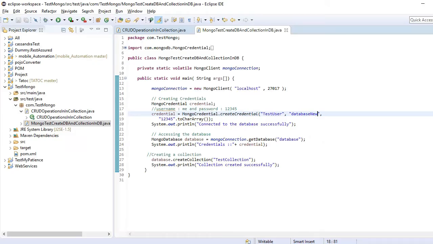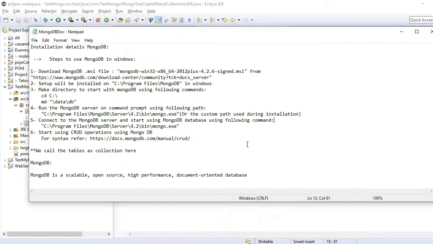Hello everyone. So today we will learn about the installation process of MongoDB. I'll tell you step by step. First, we need to download the .msi file, which is an executable file, through the mongodb.com website, so that we can directly install it. If you download it using this link, I'll show you.